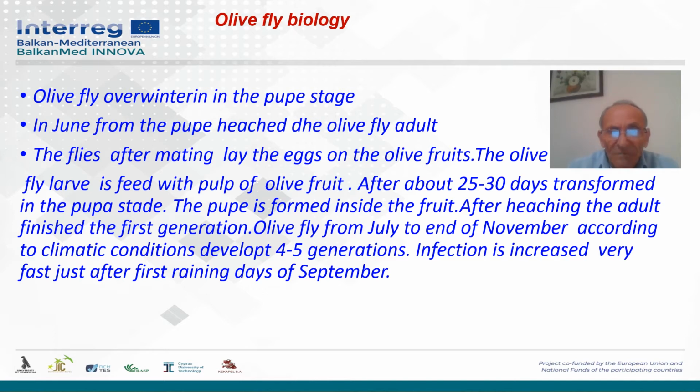Olive fly from June to the end of November, according to the climatic conditions, develops 4 to 5 generations. Infection increases very fast just after the first rainy days of September. In this period, infection is